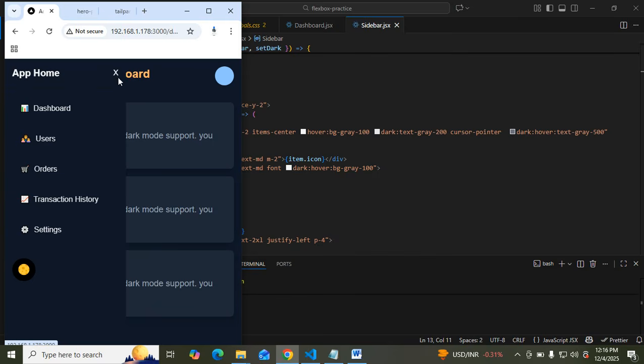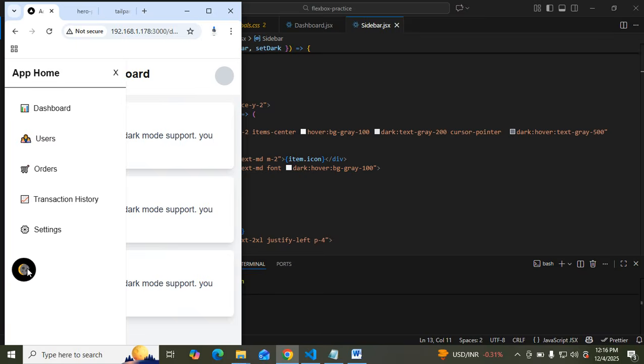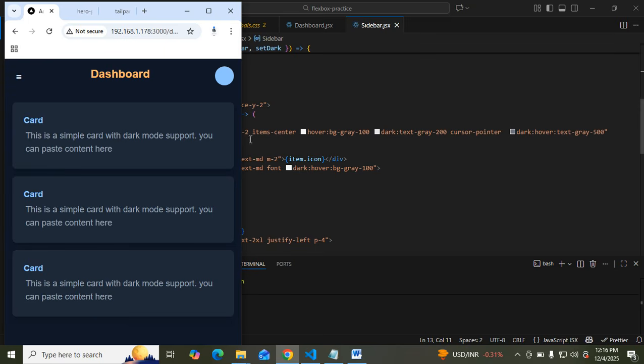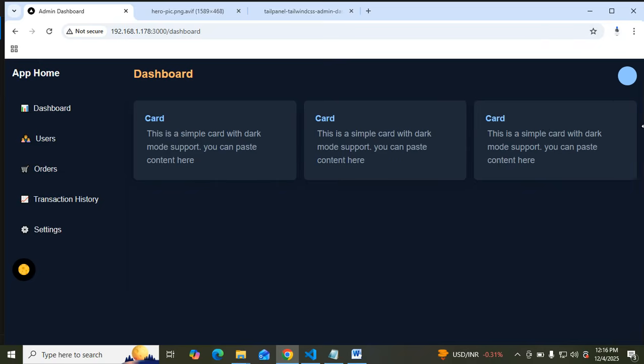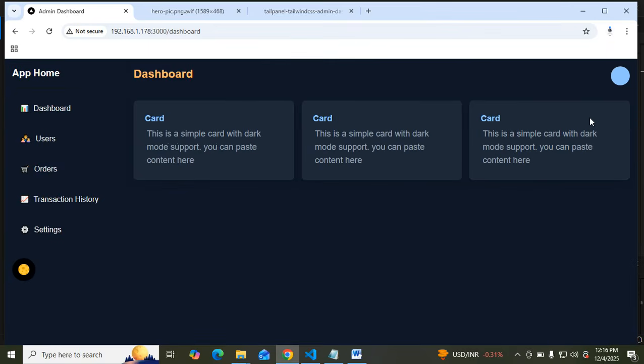So the knowledge gotten from here can be applied in different areas because we touched a whole lot of stuff using this material. This is going to make you understand properly how Flexbox works in Tailwind and even Grid as well, because in the overall structure we used both Flexbox and Grid. Now, one of the reasons you may want to learn how to build your own dashboard from scratch